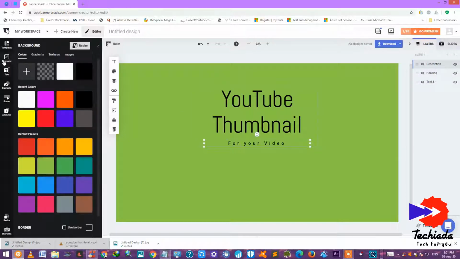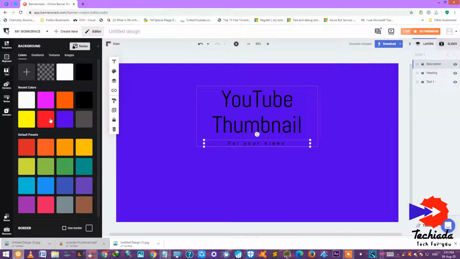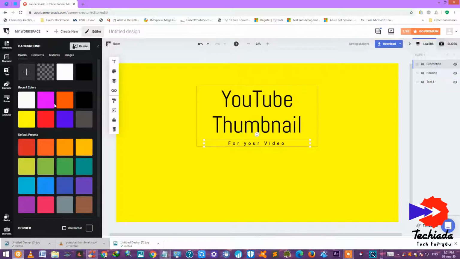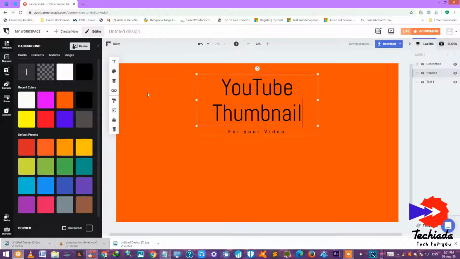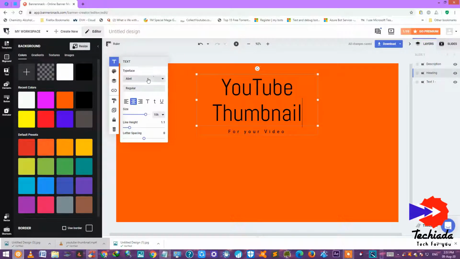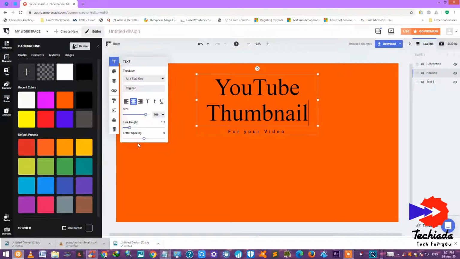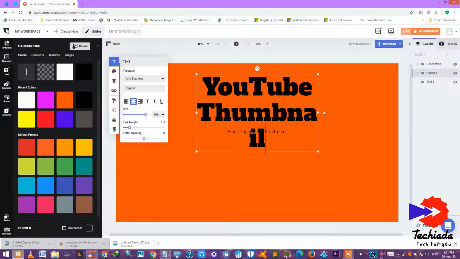If you don't like this color for this text, you can always change it. You can even increase the boldness of the text, change the font style of the text, and a lot more.